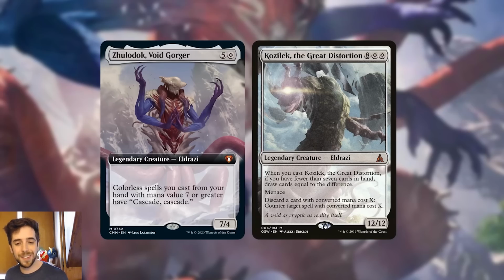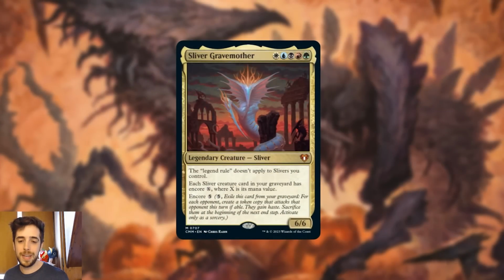So it's pick your poison here. Both of them are going to be big haymakers. They're very splashy. They're very deal with this or be eradicated. And I think Zhulodok's going to be more popular because who doesn't love double cascading stuff? There's a reason Maelstrom Wanderer has been an endearing fan favorite for so long. But I think Kozilek is going to be my personal choice if I really want to be oppressive on the table. Moving on though, we have the new